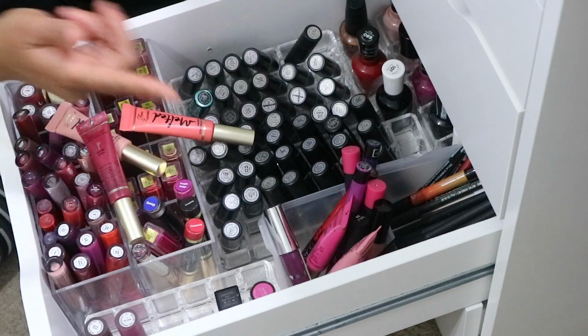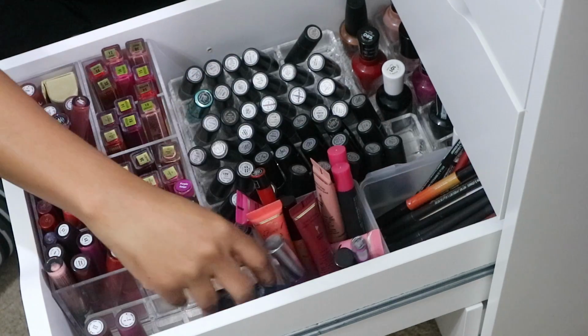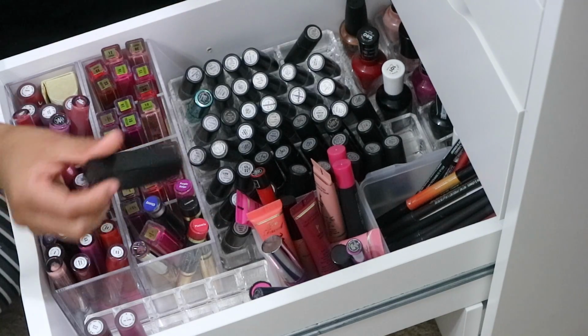I have some more liquid lipsticks. I love liquid lipsticks. I have the Too Faced. I have a few of the Kat Von D. Here I have a NARS lippy, and this lippy is so